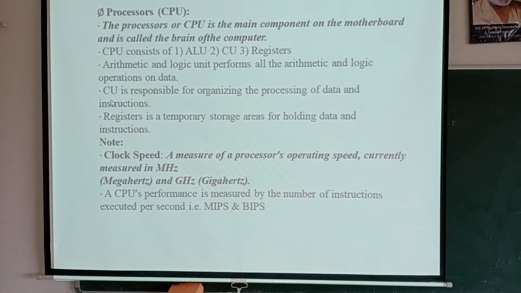Whenever you input some data, it must be stored where? In the primary memory, which is called RAM. Who is going to do it? It is done by the control unit. After it is stored in the RAM, some calculation, processing or execution must be done. Who is in charge of that? The control unit. Again, after processing, it must be stored back to the secondary storage devices. This is done by the control unit, and later the result must be displayed on the screen. Who is handling that? The control unit is responsible for organizing the processing of data and instructions.